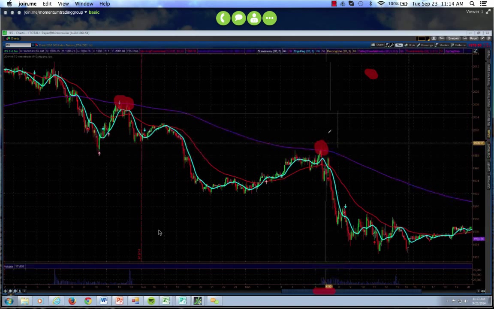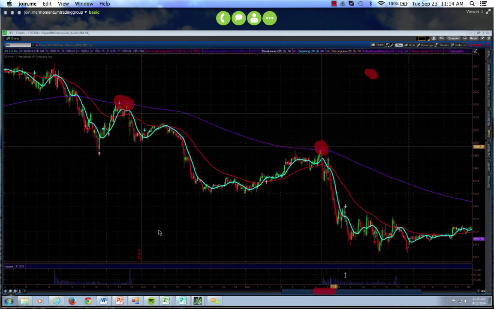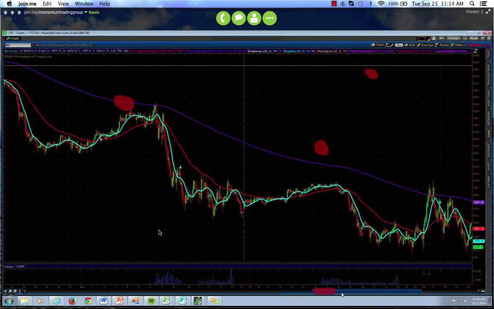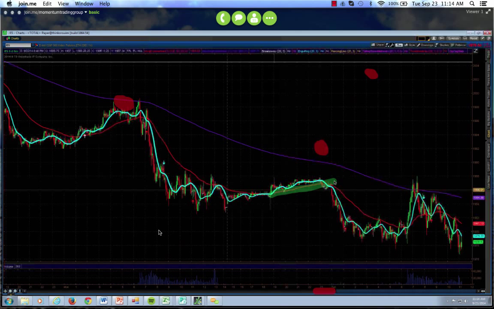Now, where would we trade this the opposite direction? Where we could possibly trade it the opposite direction is when we see areas where it's back above this particular trend. So you'll see right through here where it went above the green. This could be a possible area that we could trade to the upside. Right here where it's above the green, right through here where it was above the green. Those are potential areas that we'll trade, but we'll actually trade that the opposite direction,